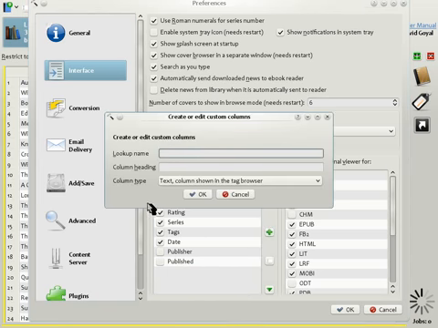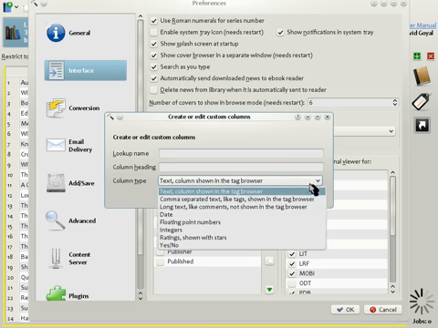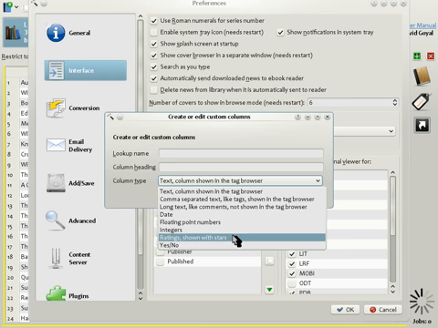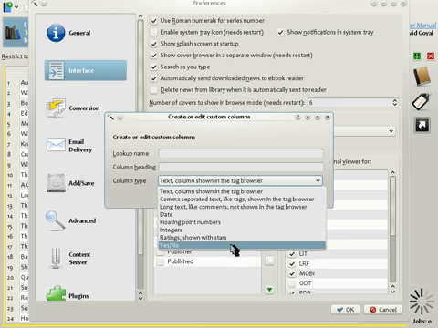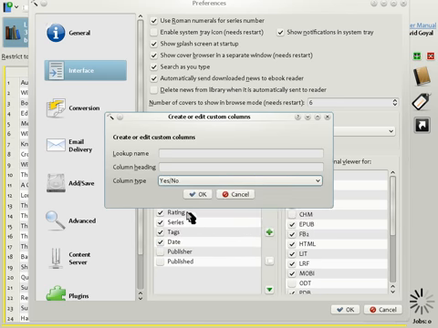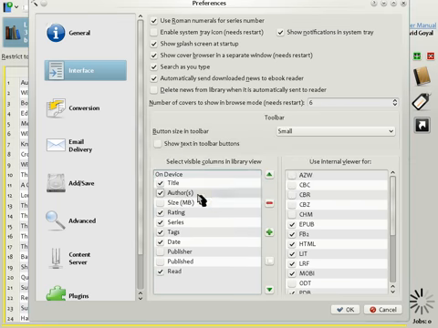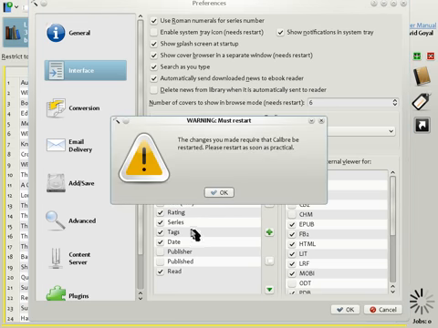The first thing to do is choose your column type. As you can see, there are a lot of types available: text, dates, numbers, ratings. For the moment, let's create a simple yes/no column. I'll use this column to indicate which books I have read and which I haven't. So let's give it a heading read and give it a lookup name read as well. The lookup name will be used to search for the contents of that column. Click OK, and when you do, you get a warning saying that Calibre must be restarted before the column will